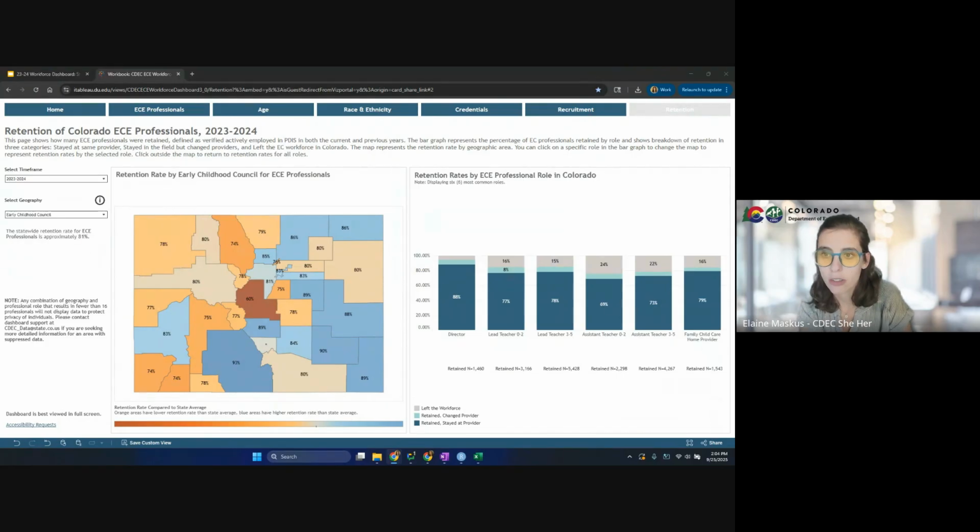All right. Does this data include professionals who are not working at a licensed program, like council staff, FRC staff, LCO staff? Great question. No, it does not. At this point, it is just folks that sit in these 6 job roles. I think that is something that we would be interested in having insight into in the future. At this point, the licensed professionals are the only verified job roles that we have in the PDIS. And so the data aren't as strong for some of these professionals outside of licensed care. We would like to get to a place where it is